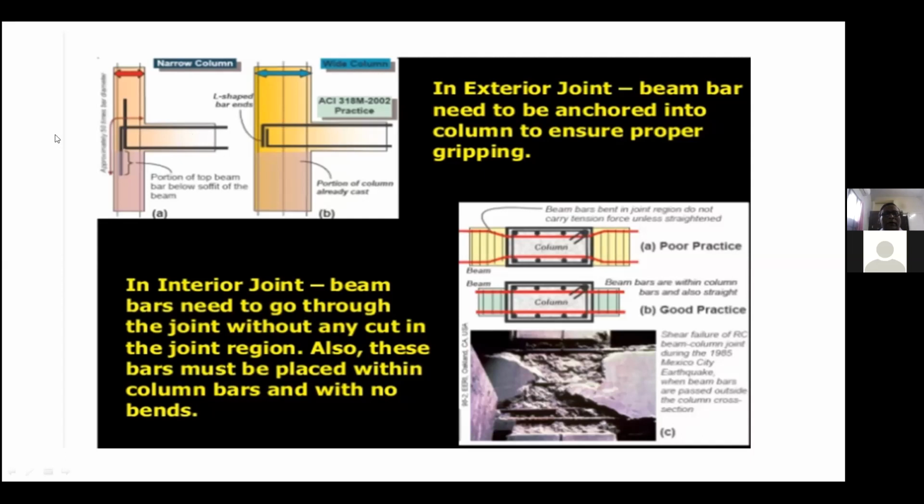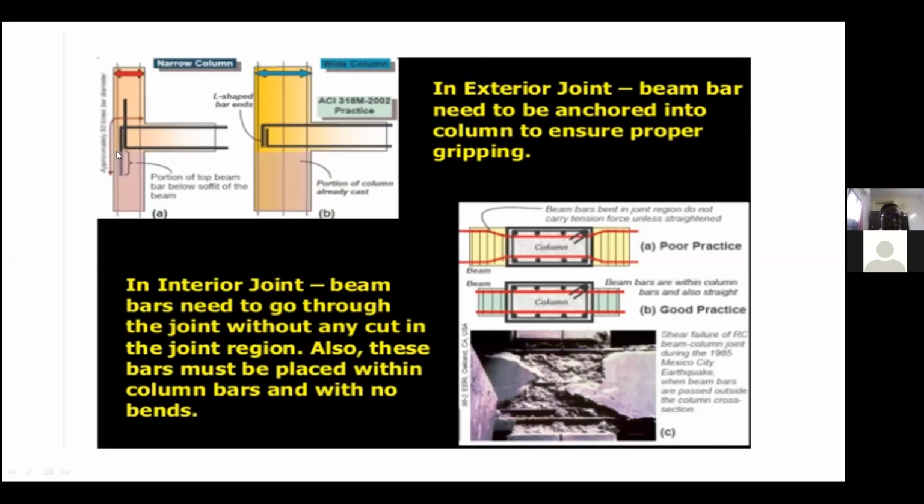And compared to that, when you talk about the narrow column and wide column, what happened? With the narrow column, you have to provide the Ld from the face of the column, in the top left figure. Look at my cursor. At the top, you have to provide the Ld. Normally people anchor the top bar but not the bottom bar. But according to 13920, you have to anchor both the top as well as the bottom bar. So you must provide the development length Ld for both the top bar as well as the bottom bar of the beam.